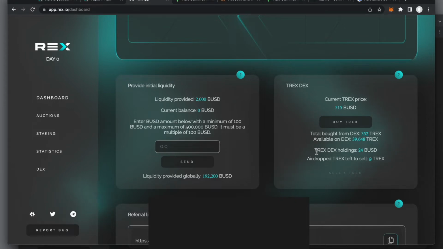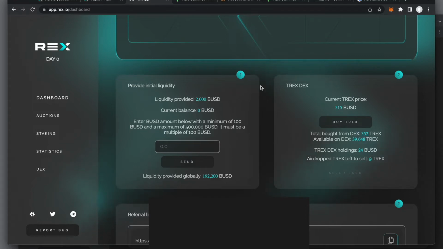The other number that's important here on the TREX DEX is that right now in the decentralized TREX exchange, there's only $24 BUSD sitting there, which means if I wanted to sell a TREX right now, I wouldn't be able to, because there's not enough BUSD to sell one. There would need to be at least $515 in the DEX for me to be able to sell one TREX. So people are not buying the TREX right now at a very high rate, and that's mainly because